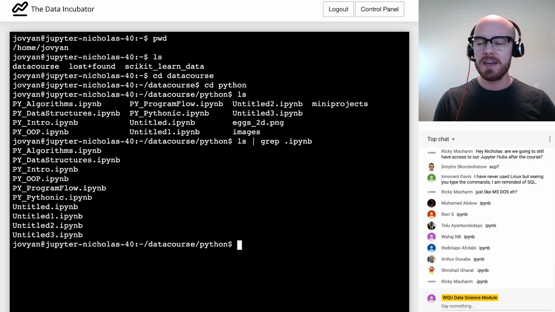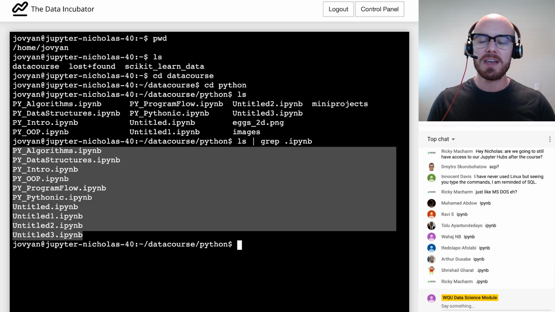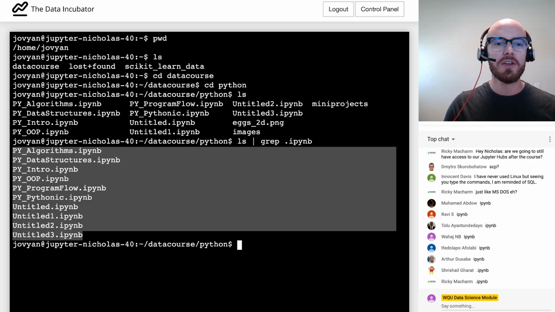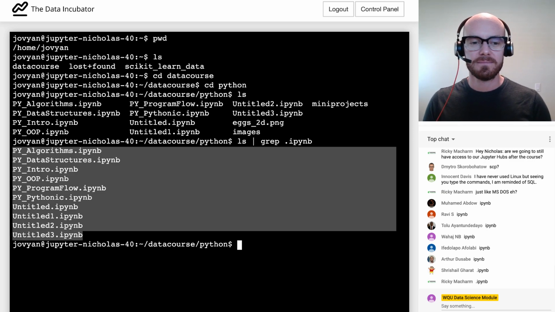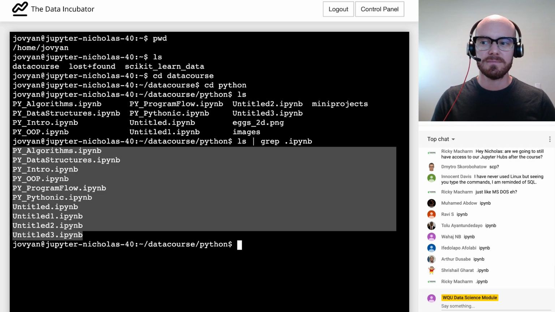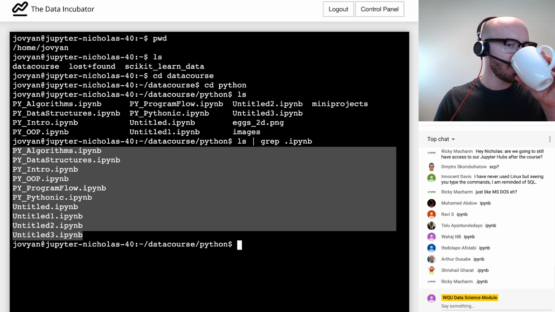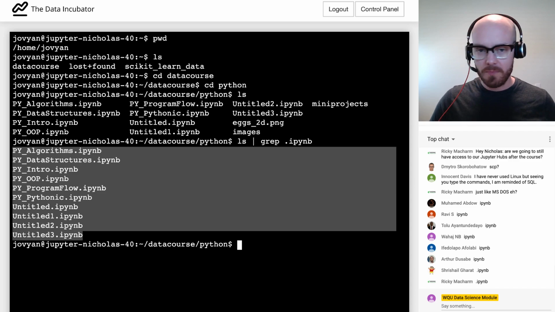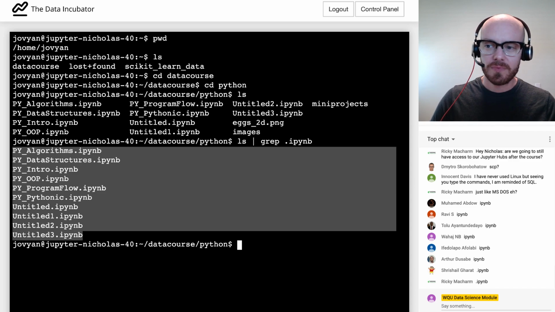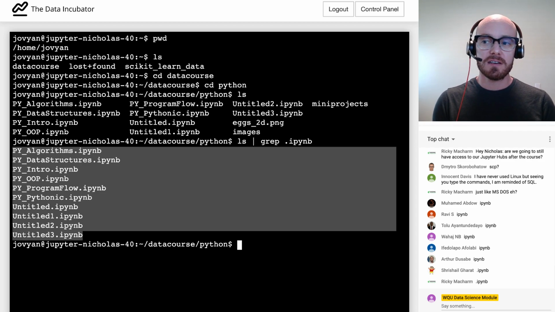And if I run this, you can see that now the only files being shown here are the notebooks. So basically what I have is a list of the course content that I'm interested in keeping.